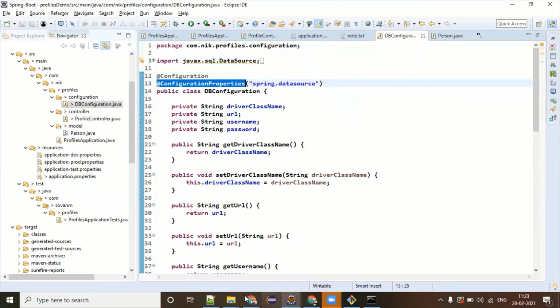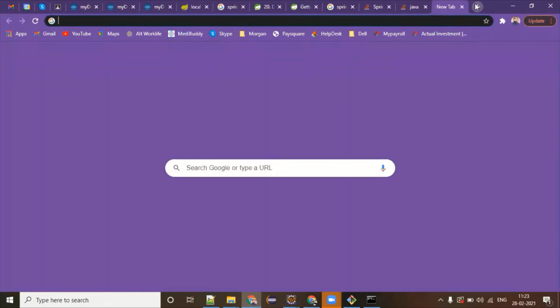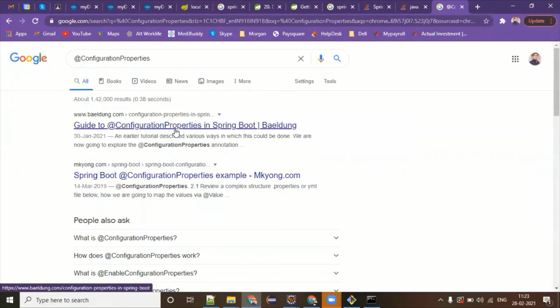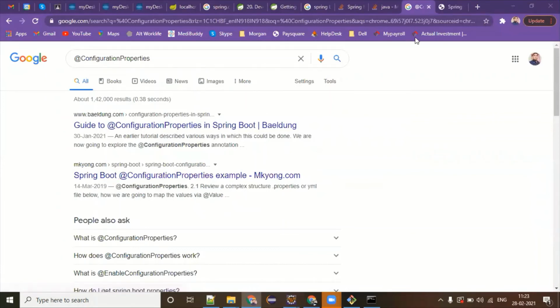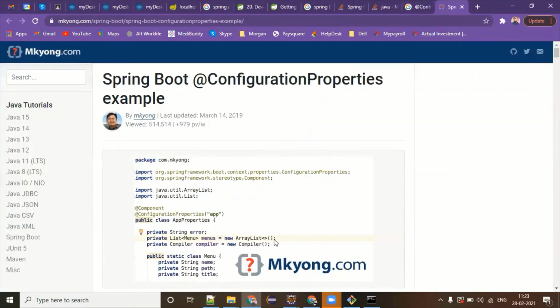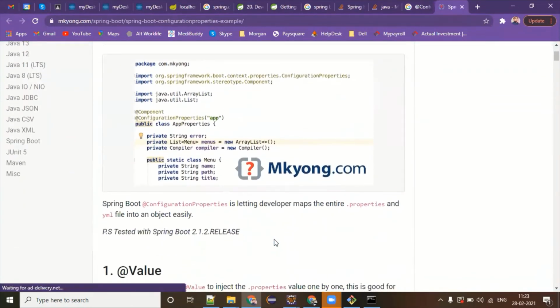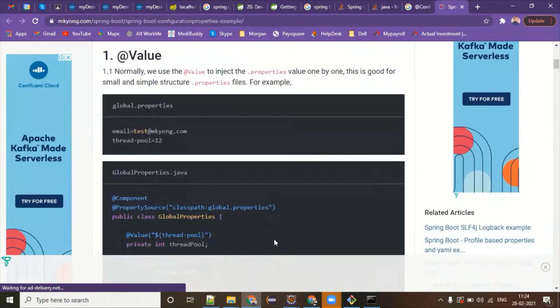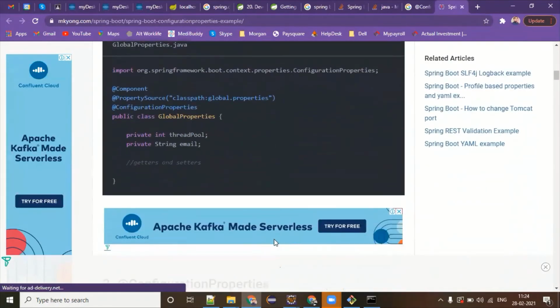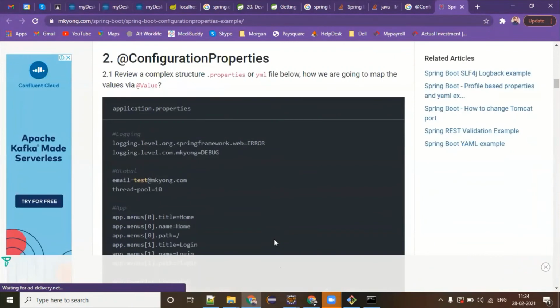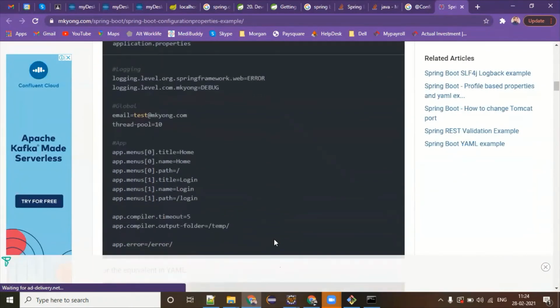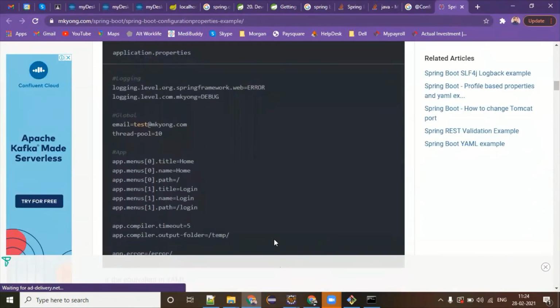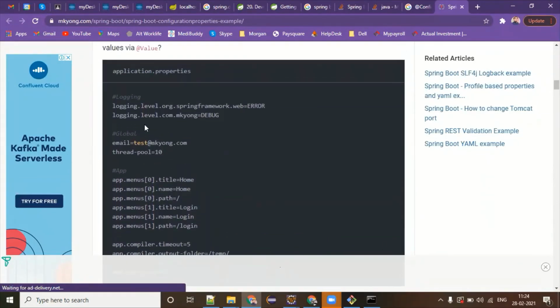So what does this annotation say? Do you know YAML file? Have you ever worked on a YAML file? Okay. So look at this properties file.